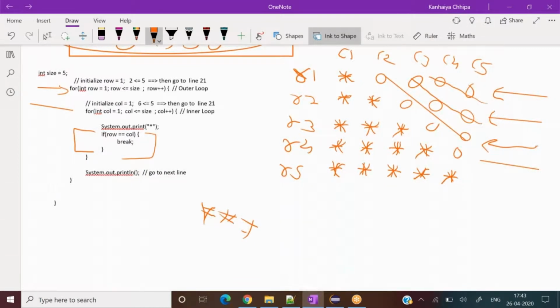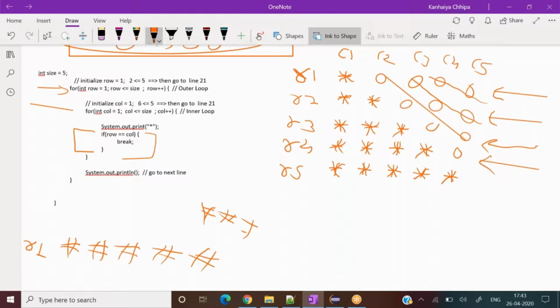Inner for loop, you have seen that when the inner for loop was working, the hash was printed 4 or 5 times, based on our size. So what is this? This is a row only. One understanding is clear: whenever the inner for loop is executed, it will execute as many times as the size we have. So if we have to make a pyramid, one thing we have to think is that